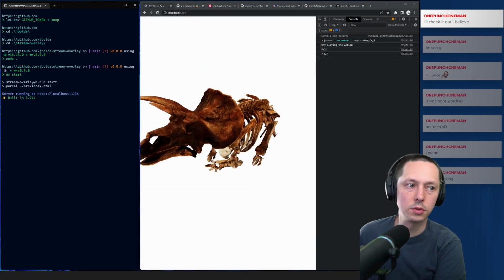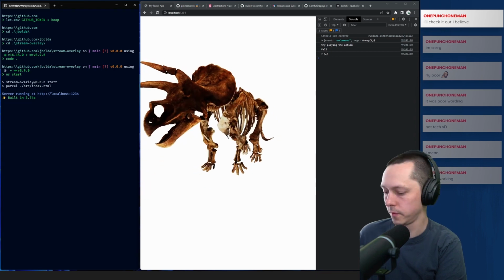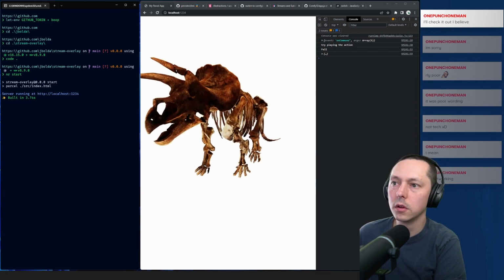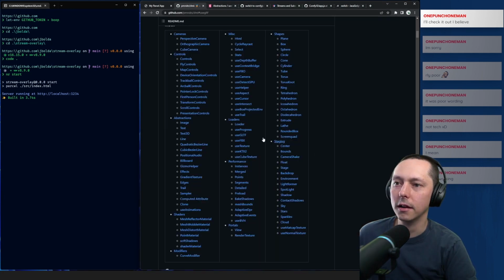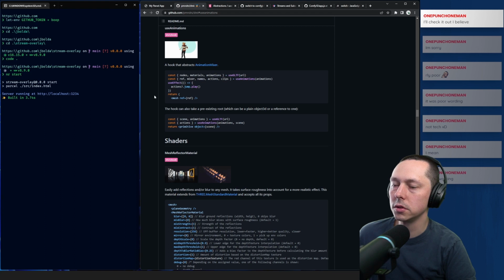So now we should be able to do, guess it's not. Use animations. This gives us scenes, animations, and then we do actions on the scene.